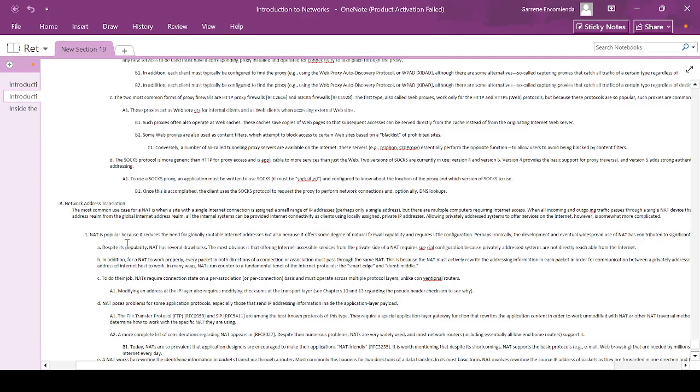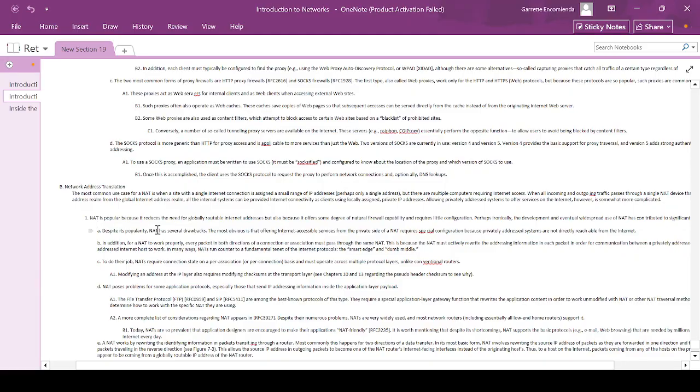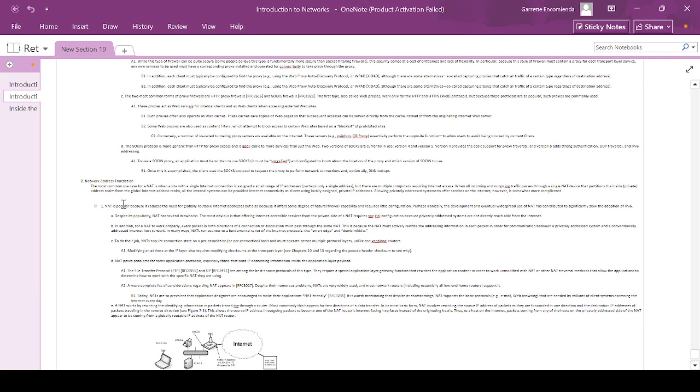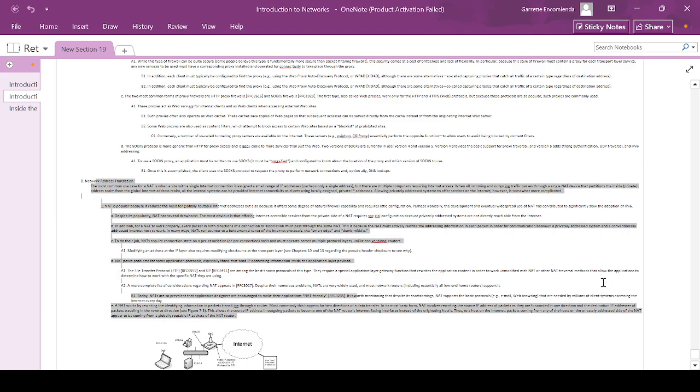Alright, so we will continue with network address translation, which we left off from our proxy firewall topic. Network address translation. The most common use case for a NAT is when a site with a single internet connection is assigned a small range of IP addresses, perhaps only a single address, but there are multiple computers requiring internet access. When all incoming and outgoing traffic passes through a single NAT device that partitions the inside private address realm